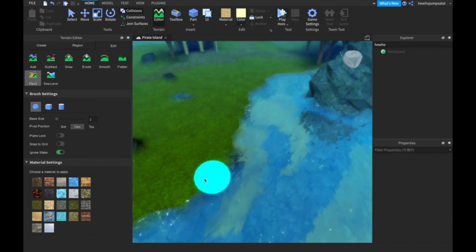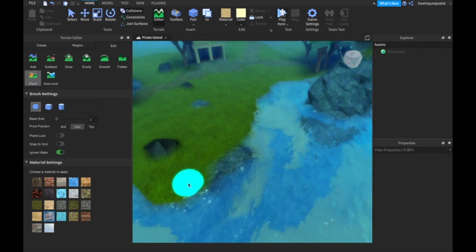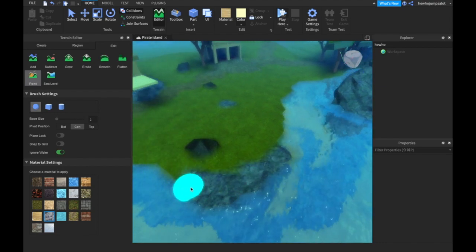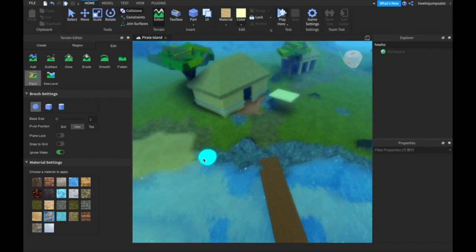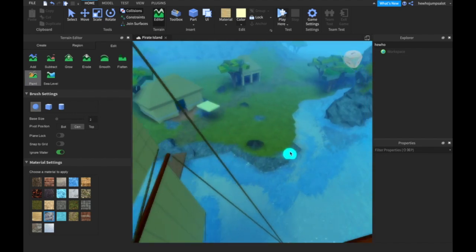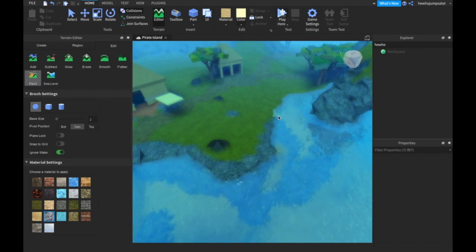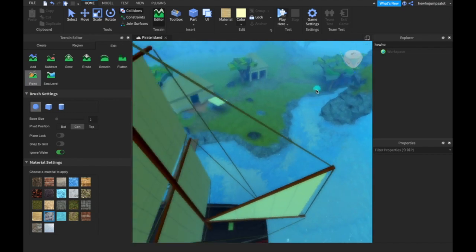To make your beach look better, you can add a bit of rock on the side. It looks way better with this. So I'm just going to add some rock over here. And yeah, you don't need to do this. So you can only do this if you want to make it look really,